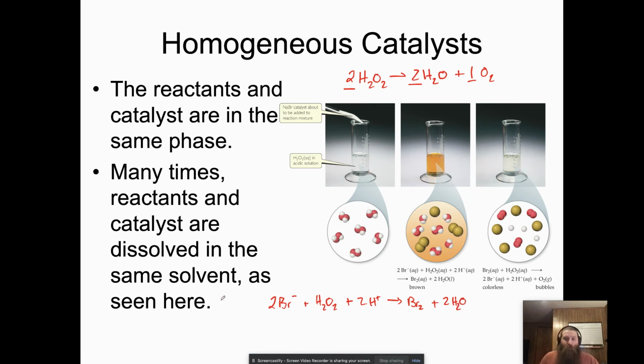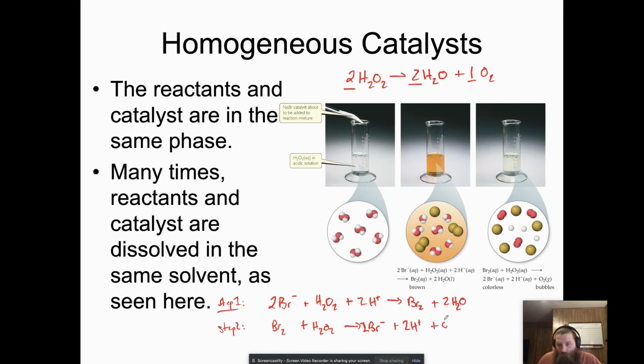So there's our first step, step 1. And here's step 2. We have Br2, bromine, reacting with H2O2 to form 2 Br minus, 2 H pluses,